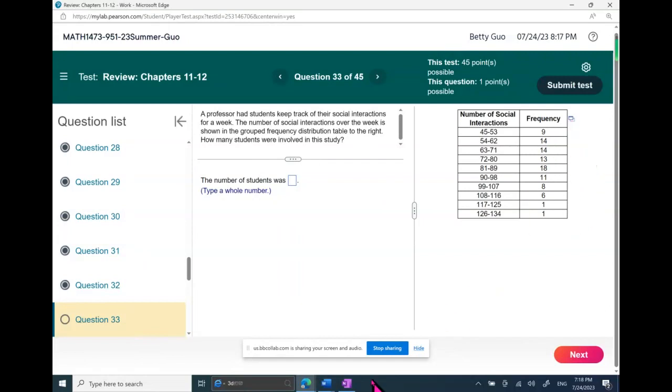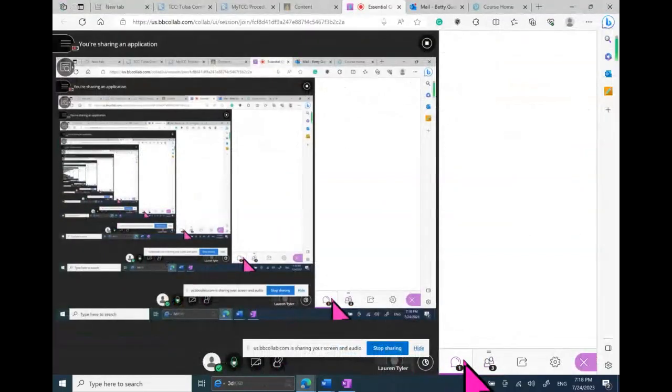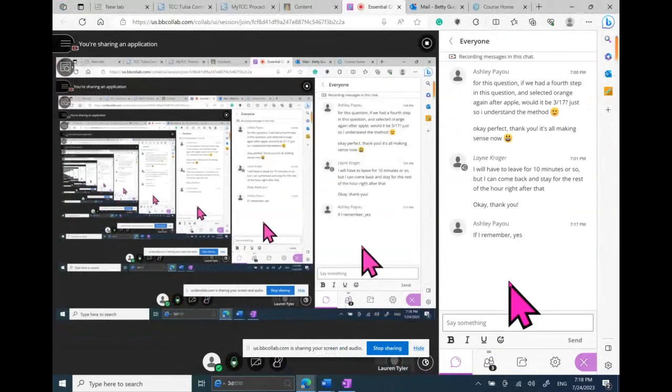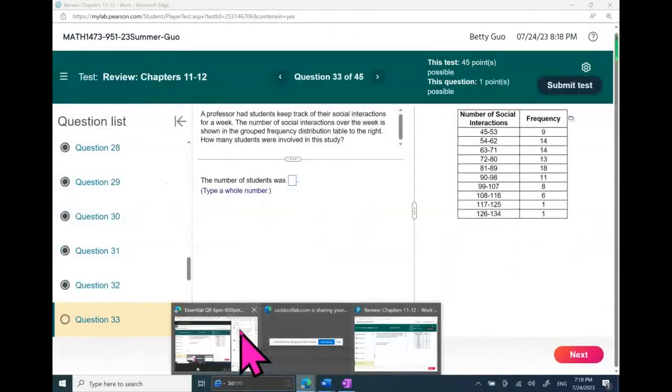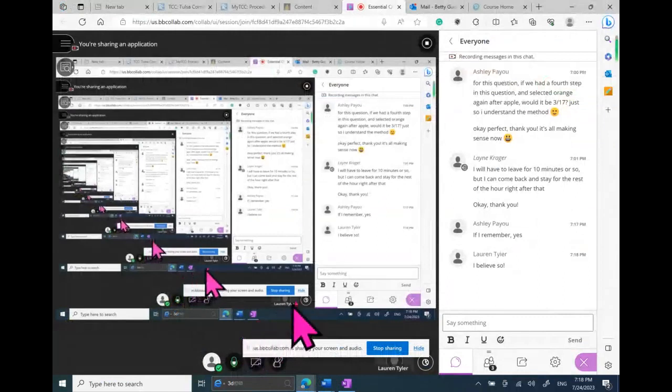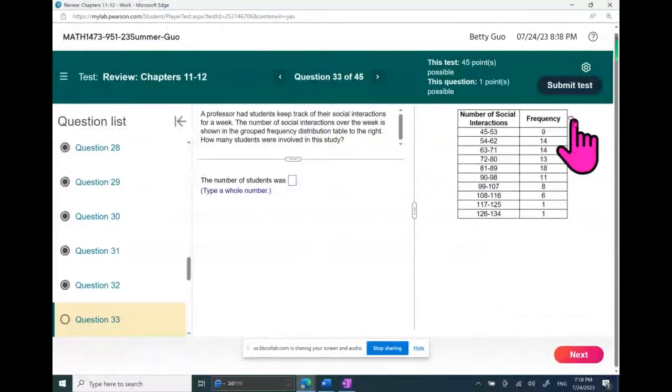So look at this here. If you remember, okay. How about I remind you later? Okay, thank you, Laura. You believe so? But it's a lockdown browser. If you can use this feature, then